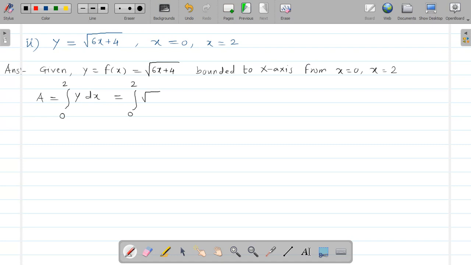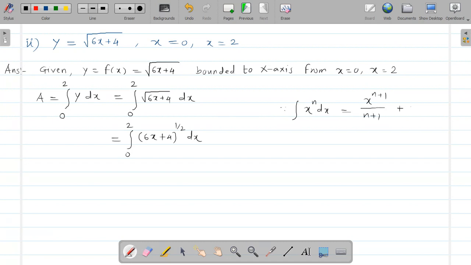Now integration of root of 6x plus 4 dx. So we have to evaluate the integration of root of 6x plus 4 dx. Now how will you evaluate this integration? We know that integration from 0 to 2. Now root of 6x plus 4 means it is 6x plus 4 raised to 1 by 2 dx. Now you know that integration of x raised to n dx is equal to x raised to n plus 1 upon n plus 1